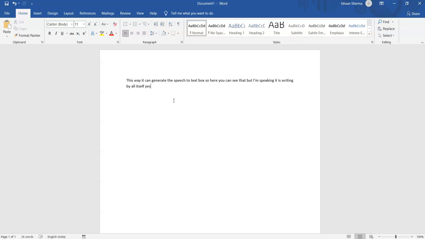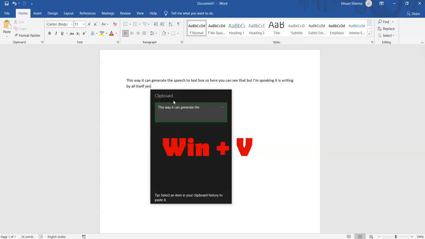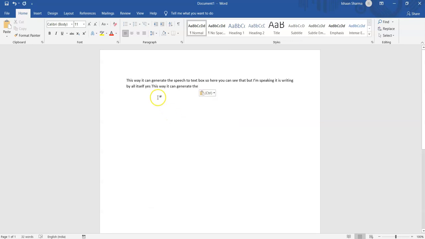So to open the clipboard, click on Windows plus V. Here it has opened our clipboard. Here what I have written is mentioned. So here, this is the pasted text. Yes, this is amazing. So moving on to the next command.